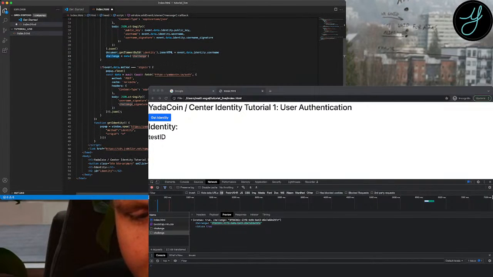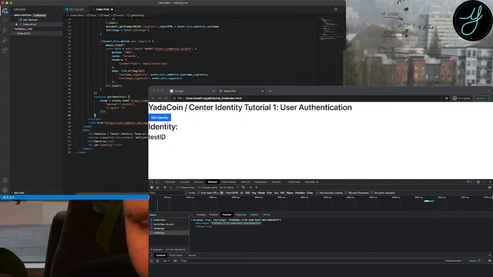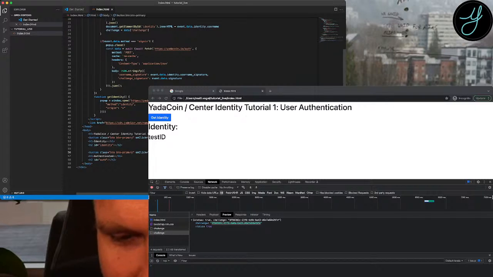Let me go ahead and add that function. I think we got ahead of ourselves just a tad. So let me add that get auth function. Actually, I got way ahead of myself. I need to add the HTML for that also. Give me one second. Okay, so we're going to add the HTML for the authentication. So now we have get auth. So we need to add this authenticate